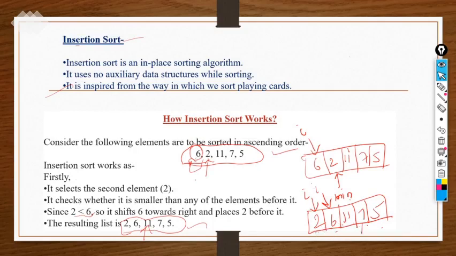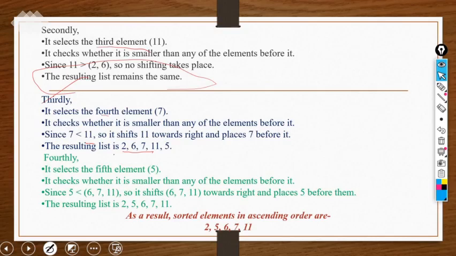Now the pointer of min will come here at 7, and I is also incremented here. So now it will indicate whether 7 is less than 11. Yes, so it will be replaced: 7 will come over here and 11 will move there. So now the series will become like this. Again, the last point: it will check 5, the minimum, and compare it with the remaining ones, 6, 7, 11.